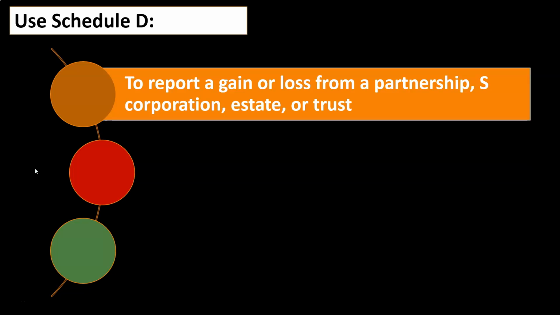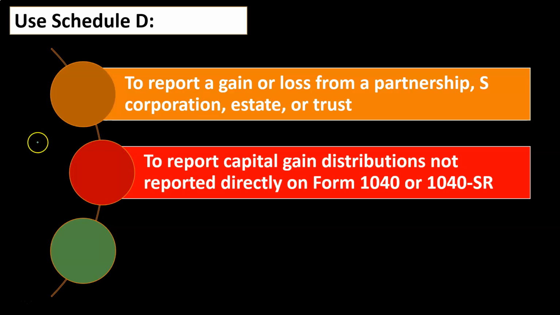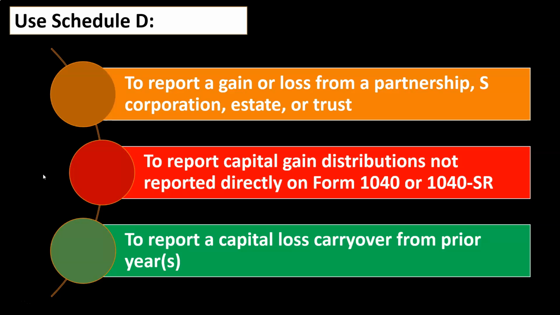To report a gain or loss from a partnership, S corporation, estate, or trust. So again, more complex returns might have more of these involved. Business returns might have more of these items involved. We might then have passive income like an S corporation or a partnership or a trust that is flowing through and has capital gain involved with that. Again, those things would typically happen in more complex returns, and we might be going into them in more depth in future presentations. To report capital gain distributions not reported directly on Form 1040 or 1040-SR,